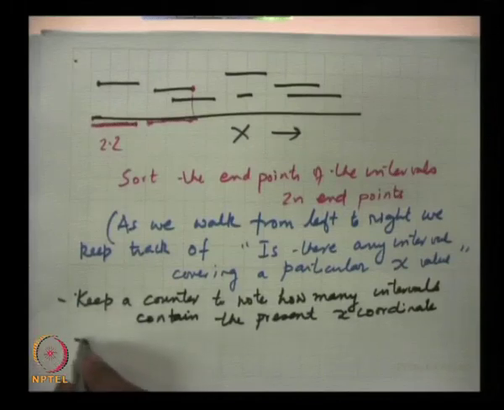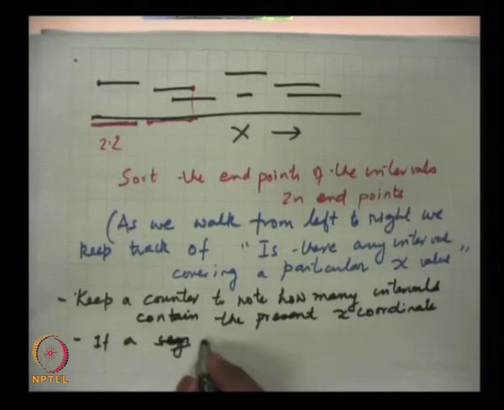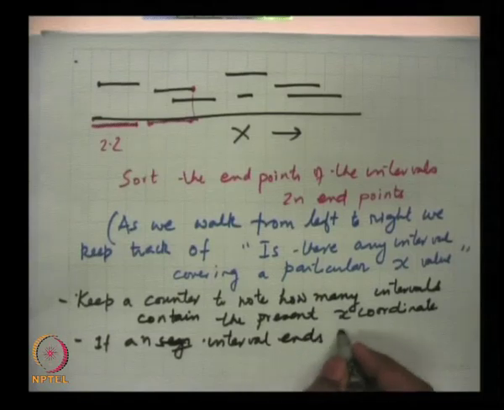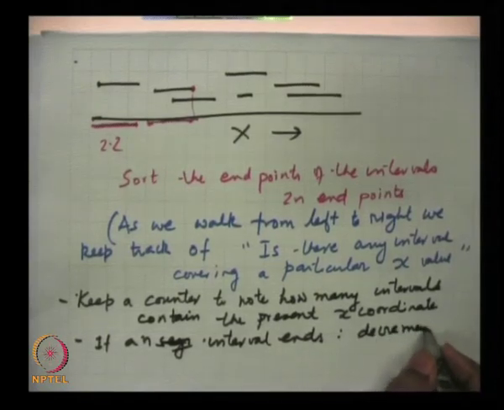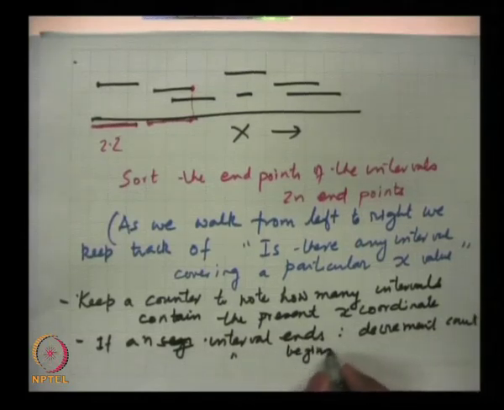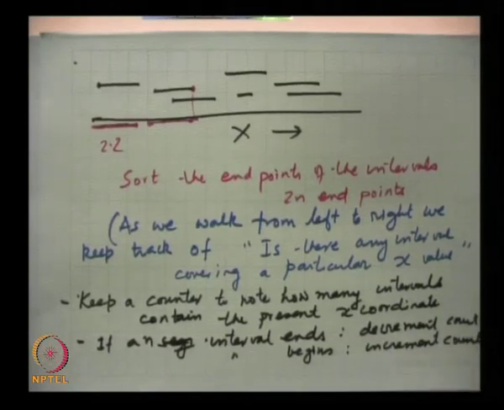So, then if an interval ends, decrement count, and if an interval begins, increment count. So, this is the simple thing about the count, and we must also keep another kind of global counter where we are going to add the measure of the x coordinate that is being covered,